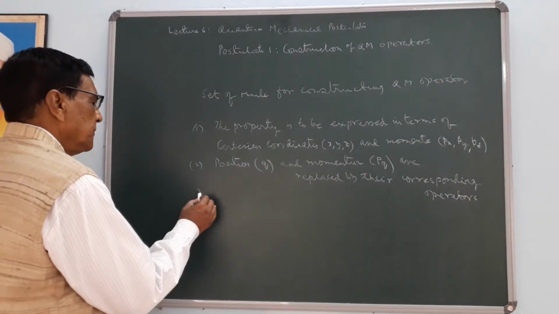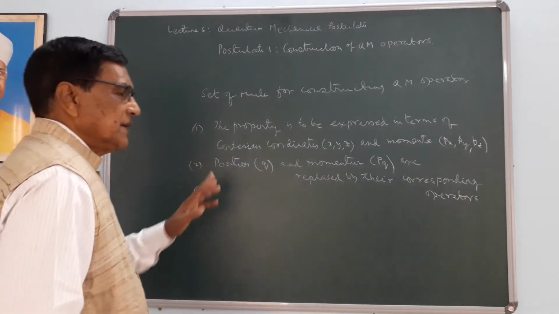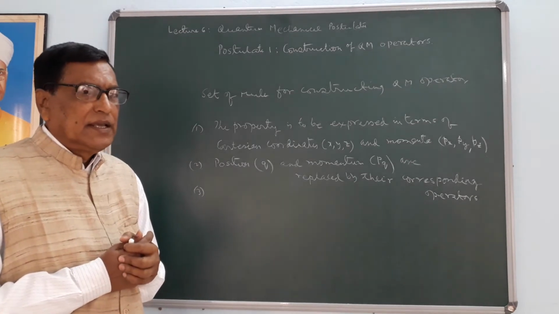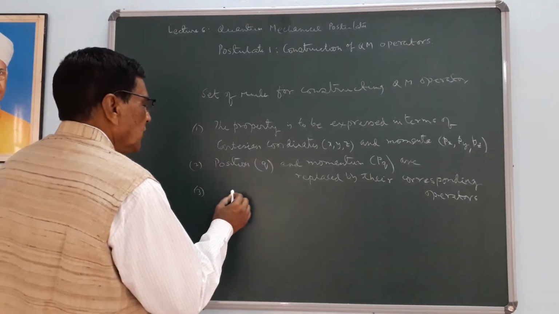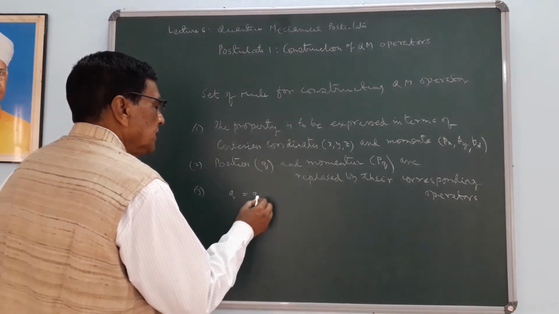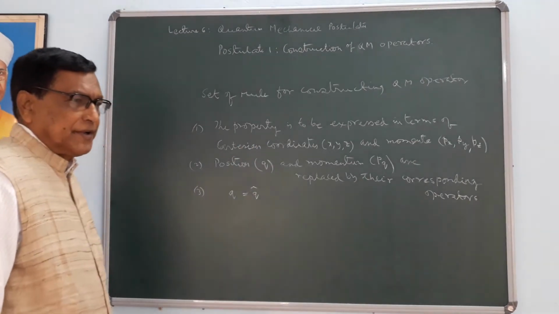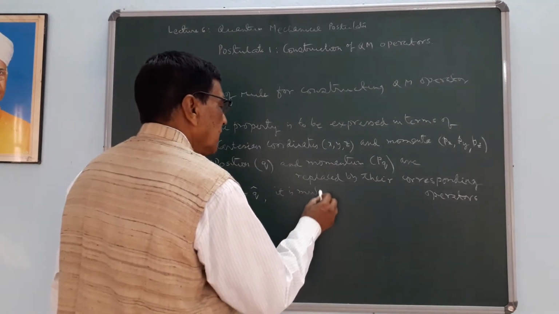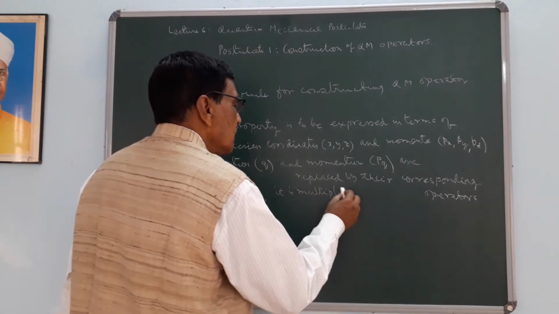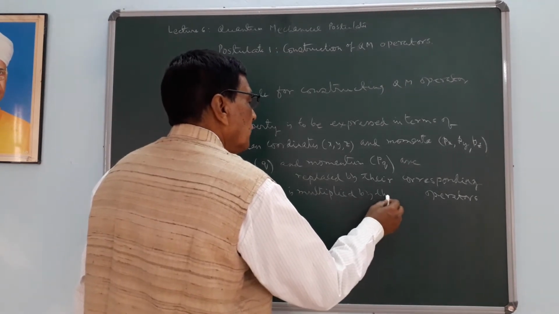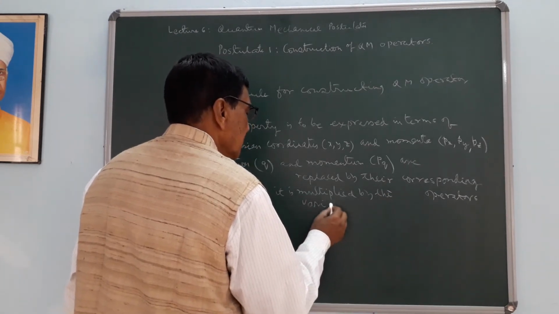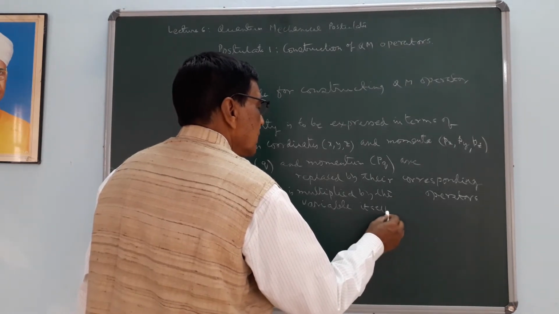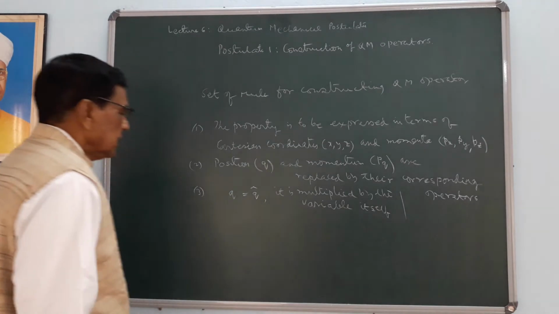This third one, the position operator, is a multiplier operator, and say Q. Q is simply the Q cap operator, and it is multiplied by the variable itself. Then the fourth one,